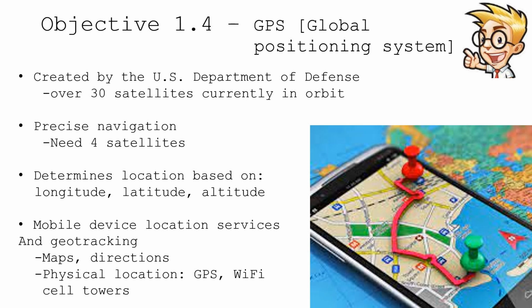We commonly see this when we have maps or when we have directions to a particular location, and our phone can calculate exactly where we are relative to where we need to be. Our phones are also very smart in how they gather information about where we are located in the world, and often GPS is one of those primary sources. But our phones can also use Wi-Fi connectivity and identify cellular towers in our area to narrow down more precisely where we might happen to be